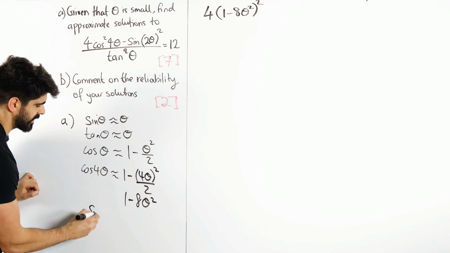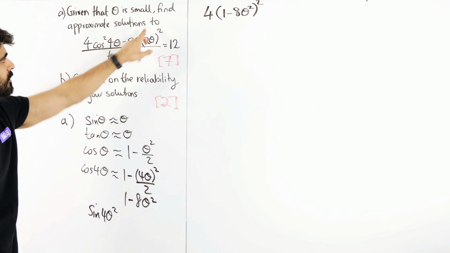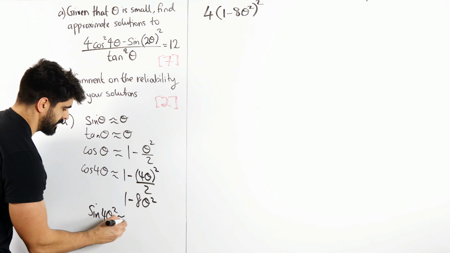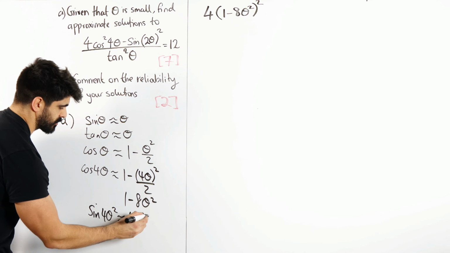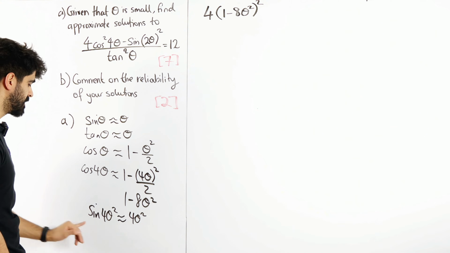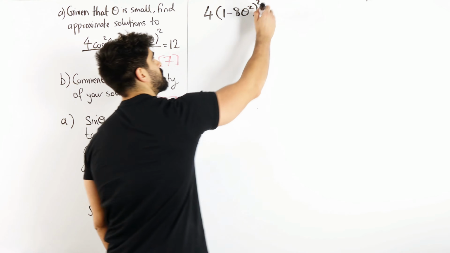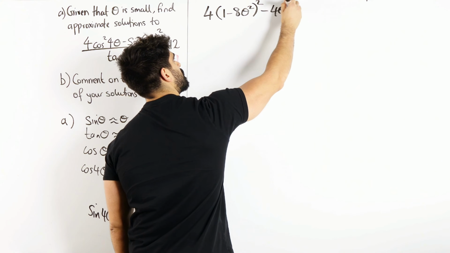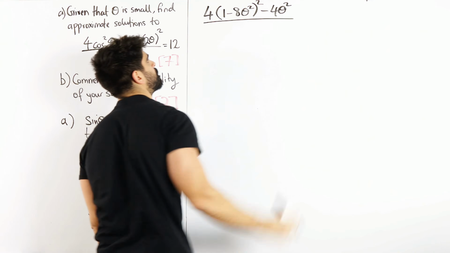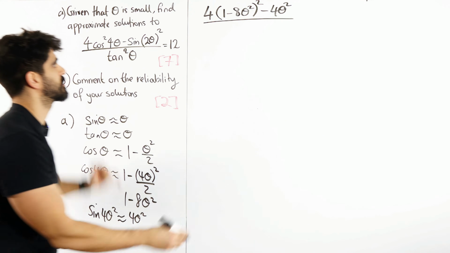So that's like saying sine of 4 theta squared. You're squaring the angle, which is approximately 4 theta squared. Sine of theta is approximately theta. Sine of 4 theta squared is approximately 4 theta squared. So we get minus 4 theta squared, all divided by tan squared theta. Tan of theta is approximately theta, so we just get theta squared